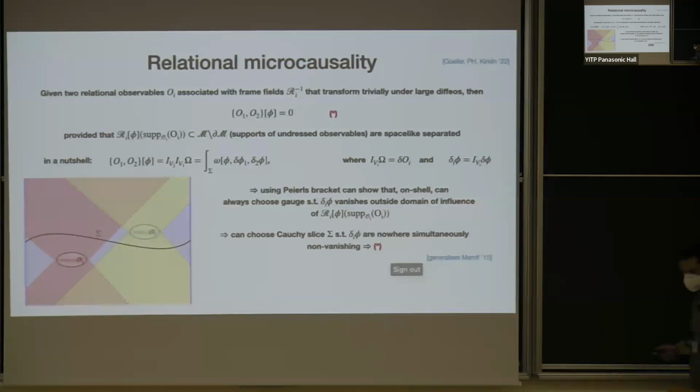By back reaction, you mean coupling it to the action, really? Well, in order to compute the Poisson brackets, you deform the action by the operators, or in this case the observables, that go into the brackets here. So maybe you're saying that even if you take into account the effect of back reaction on the space-time, the two operators still commute. Well, in order to write down the Poisson brackets, you define it really in terms of perturbations of the action. Okay, I see.